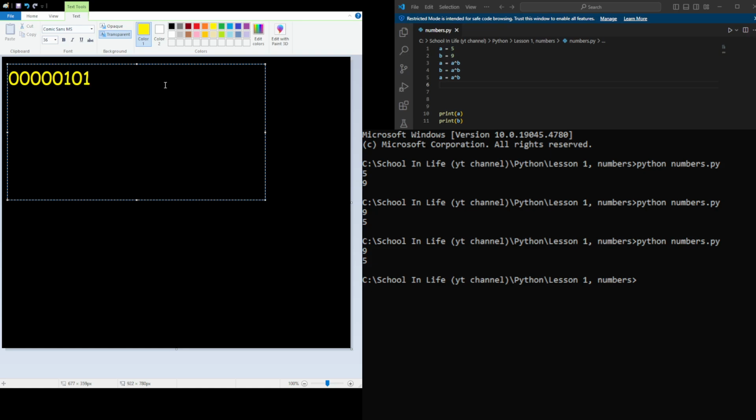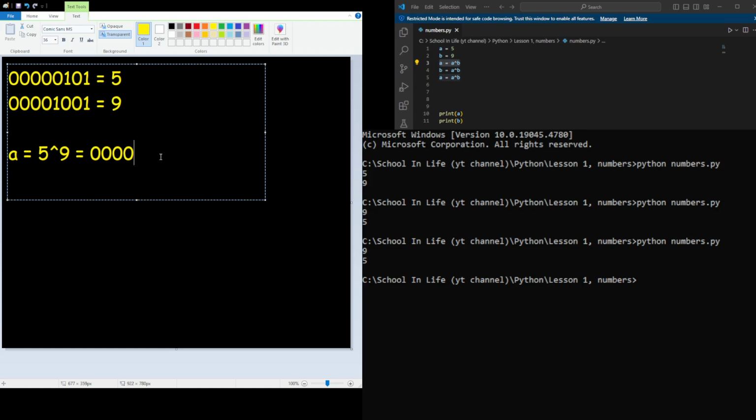1 plus 4 is 5 equals 5. Then we have 9. So it changes because of the XOR values to something like this. Then A will be equal, I'm going by the line, A will be equal to 5 XOR 9, which will mean that we go line by line, and up to the first 4 numbers it's